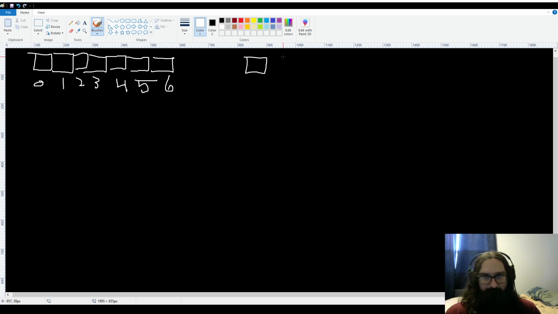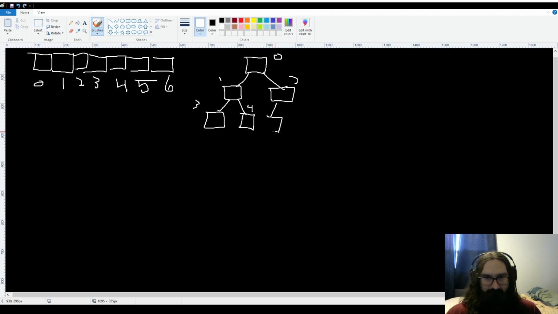This tree: 0, 1, 2, 3, 4, 5. Well, I guess 6 is still going to be there. 6. Okay, so the question is, if we don't actually have structures and pointers to other structures, how do we